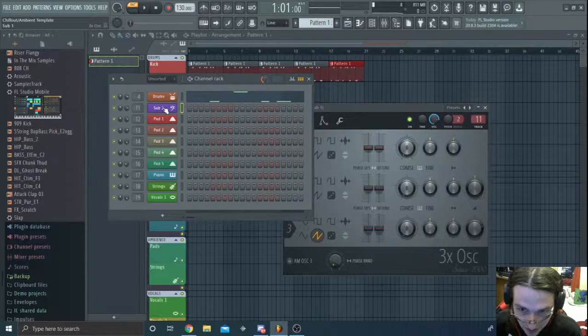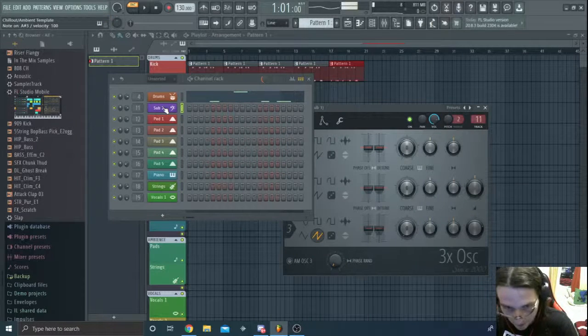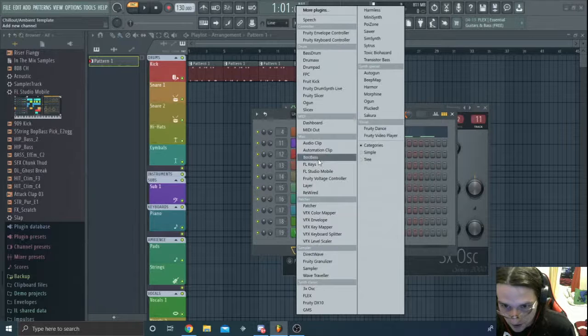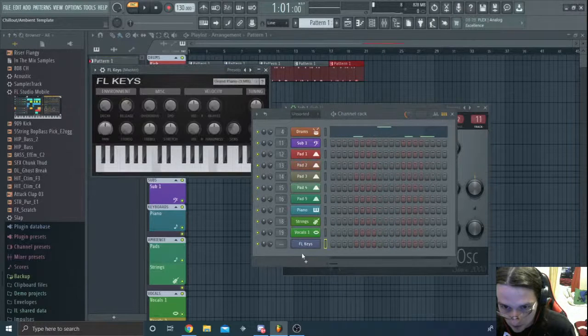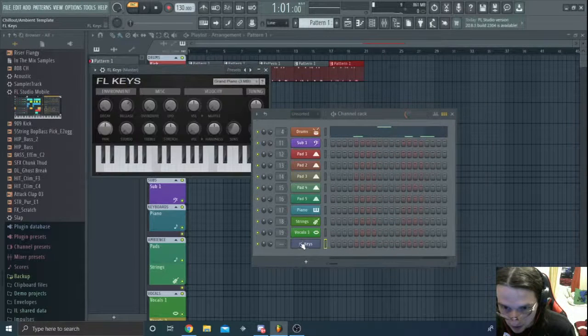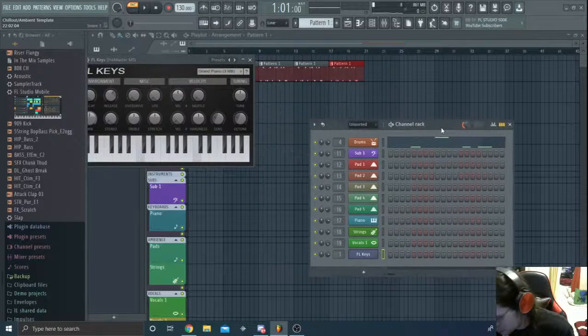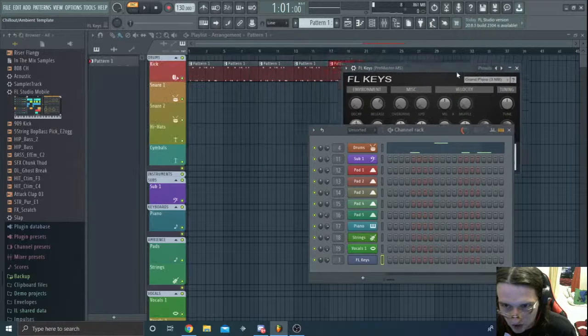Okay, so what is the next thing? That's a heavy bass. But you know what? I want a different thing. FL keys. Why? Because why not? What if I put this up? Okay, what if I put this here? FL keys. Because I did have a different setup for another FL keys I had on another channel.